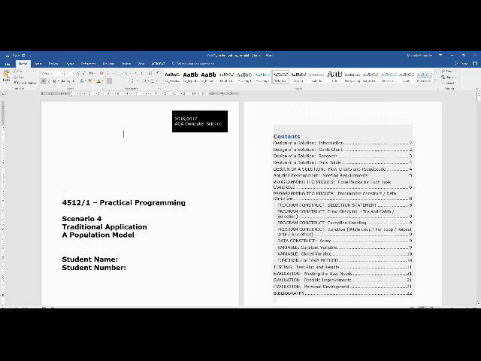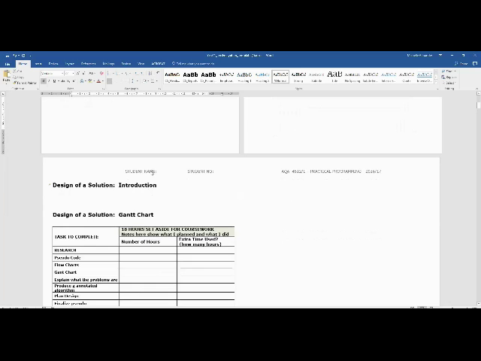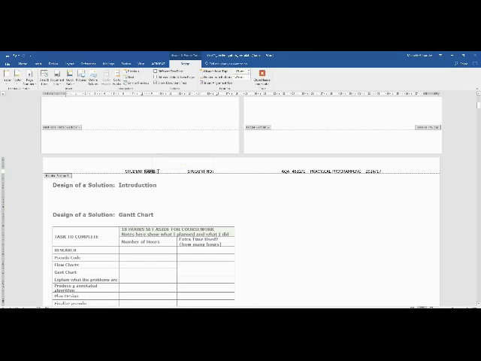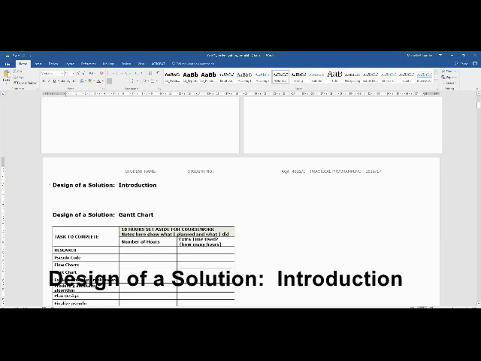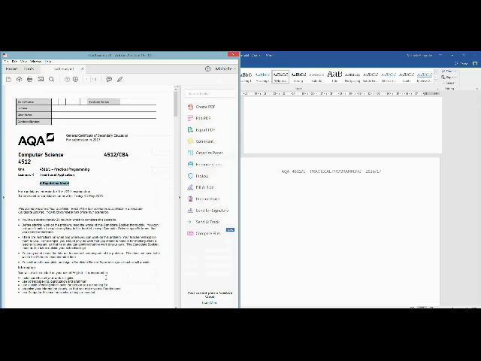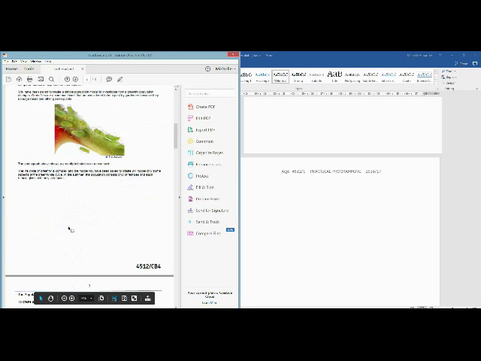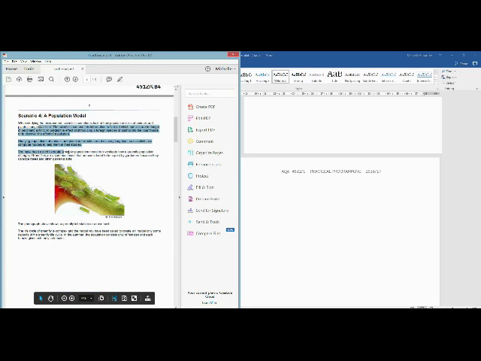Alright, so that's how you do the front page. And then you're going to double click into the header, and you're going to put your name again, and if you have your student number, you put it there. If not, leave it blank. We'll sort it out later. The introduction is just what you read about what the scenario is about. Normally it starts on page 2,